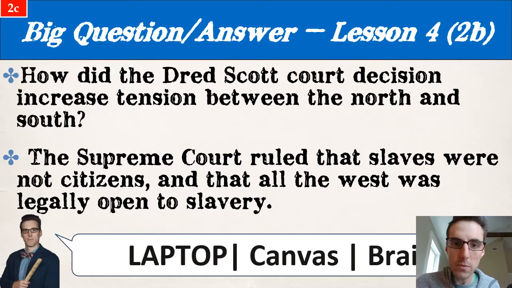All right? So, our question: how did the court case increase tension? How did it drive that wedge deeper and deeper? Because it ruled that slaves were not citizens and that all of America is open to slavery in the West. And this exploded the minds of Northerners who were freaking out, trying to keep this nation together. Although all along we knew this dividing line couldn't work, right? Slave and free. And it puts the expansion of America right in question.